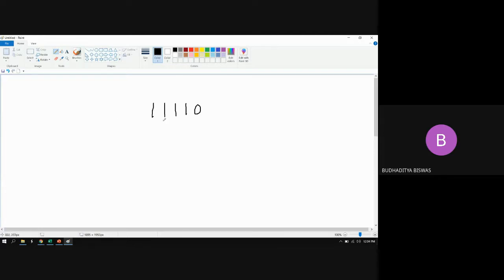What is the meaning of this data in decimal? 30. Very good. It is equal to 30 in decimal number. Now, if I shift the data towards the left 1 bit, then what will be the data? First tell me, if I shift the data towards the right, then what will be the data? This is for the right shift. 1 bit right shift. So if the data are shifted towards the right, then what will be the new data?